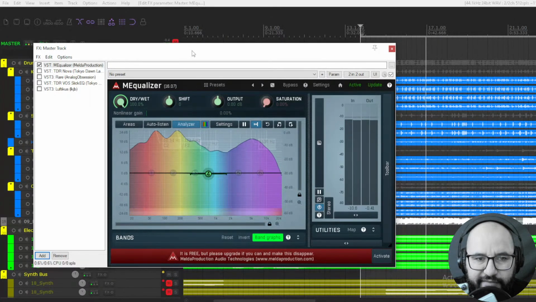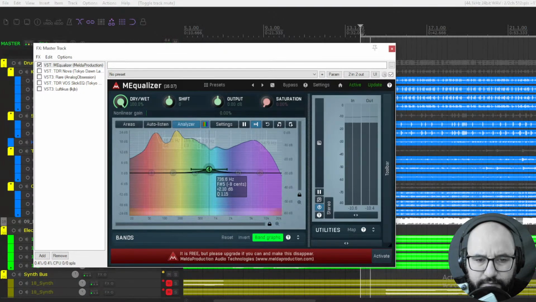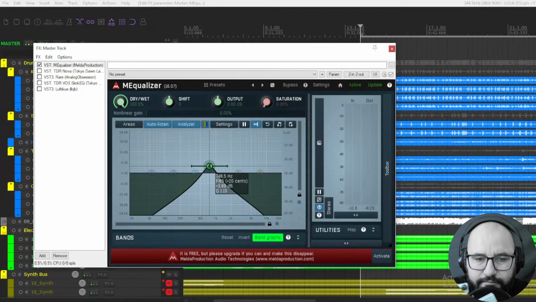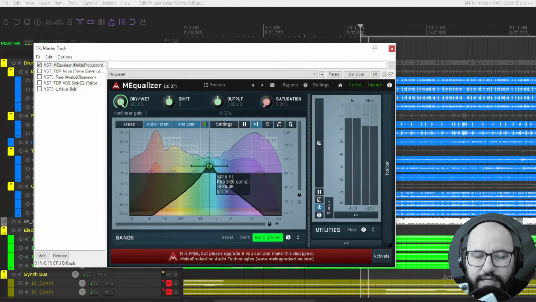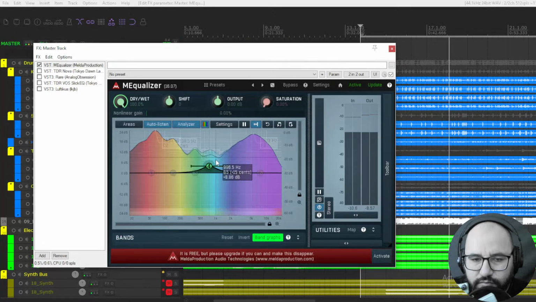So for instance, if I have this drum sound and I am boosting here, if I engage auto listen, I can listen only to what this band is affecting. I really enjoyed this feature back in the day, and still do.